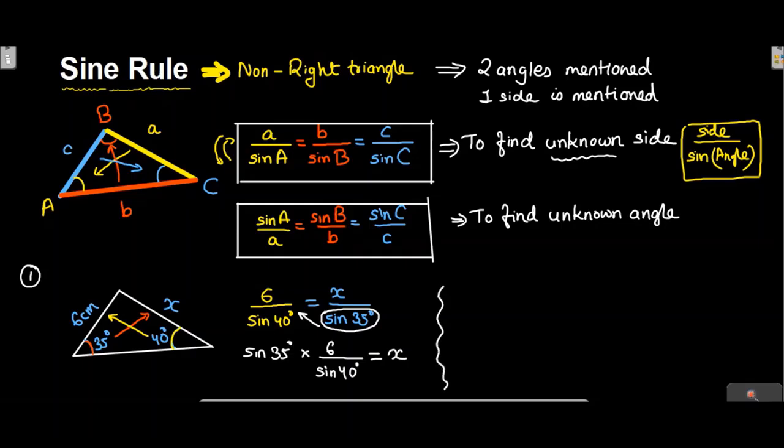I will first find the division, 6 divided by sine of 40 degree. I got some answer, then I press multiply, then sine of 35 degree. My answer is x equals